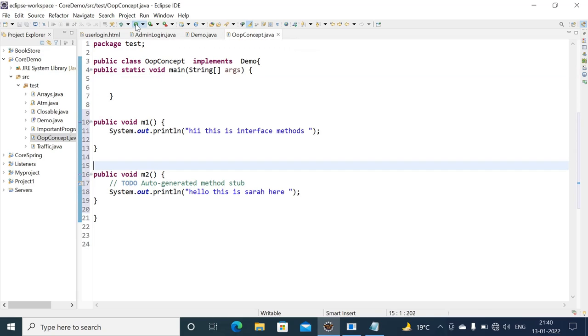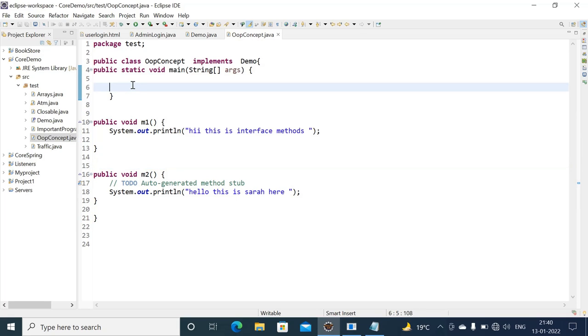I have not written objects here, because for an interface we can't create an object directly. So with the help of our implementing class we create objects of our class.